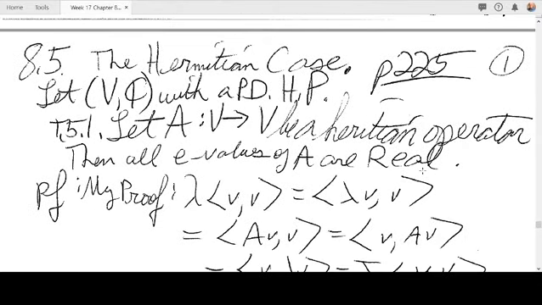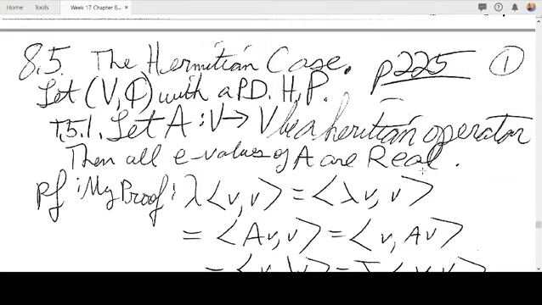Now, next, we didn't really cover section 8.5 or section 8.6 particularly, but we need to look at some things contained therein. In section 8.5, we find the Hermitian case on page 225 of our book. So the Hermitian case. So if V is a vector space now over the complex field with a positive definite